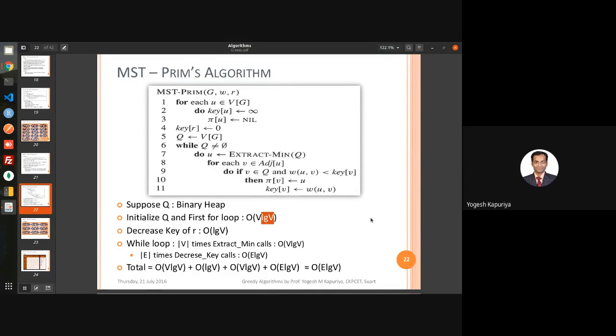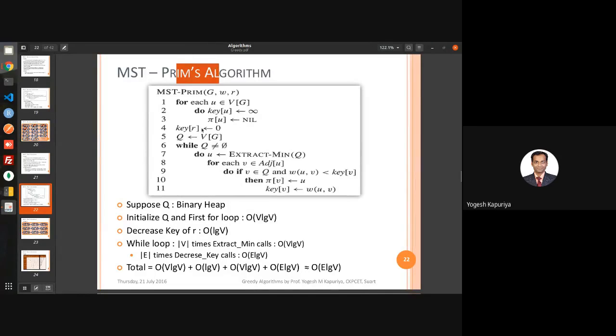If there are n elements, then the time complexity of inserting something inside the queue is log V. Similarly, look at this initialization of the queue and this first for loop. Inside this first for loop, you are inserting every vertex inside the queue. Every vertex means V, and each operation takes log V time. So the time complexity of the first for loop is big O of V log V.